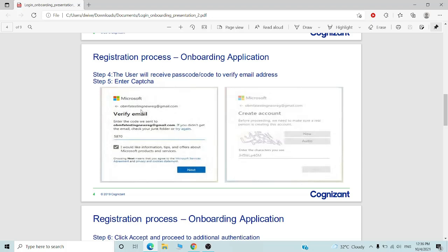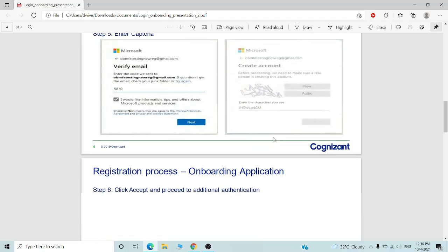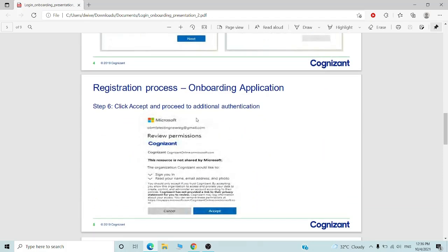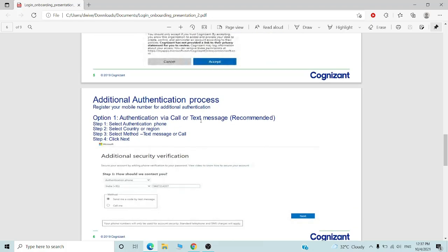Now the second process, you have to verify your email address. You will get a code in your email ID which you have registered there. You put that code here and verify the captcha. So that's about the registration process. You have to accept this and that's it, you are registered on the Cognizant portal.